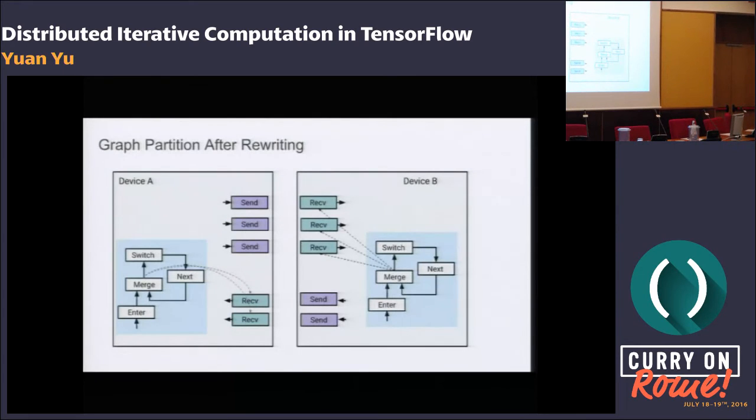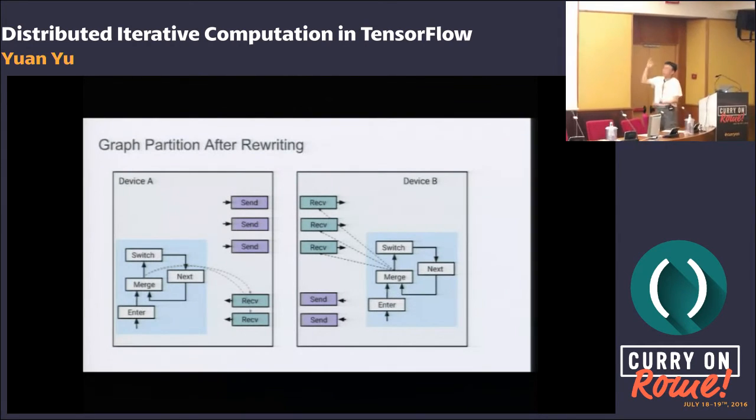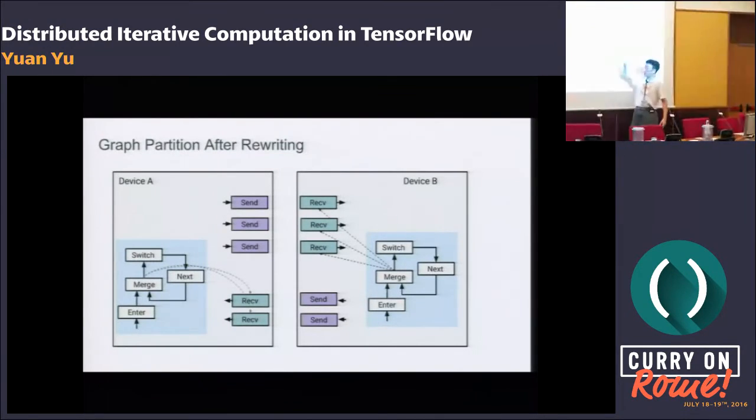In a somewhat more general way, if you have a bunch of sends and receives, or a lot of cross-device edges, they are all controlled by this little state machine.